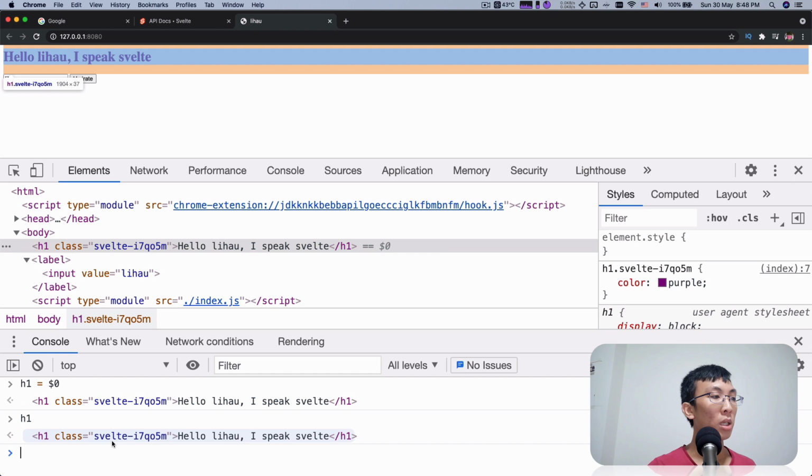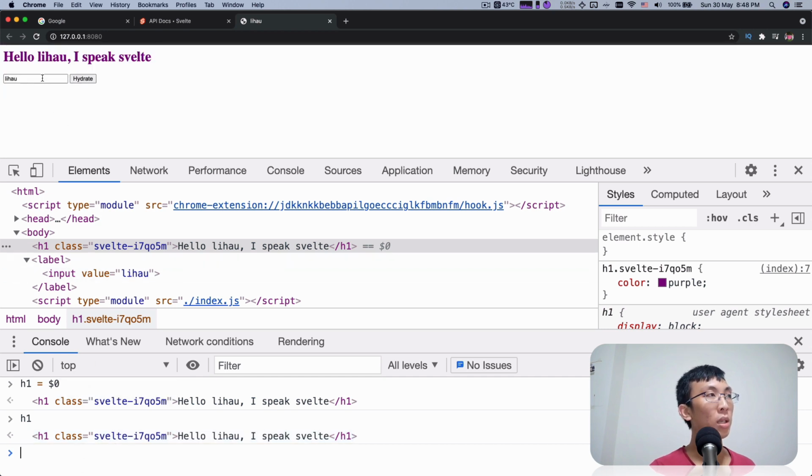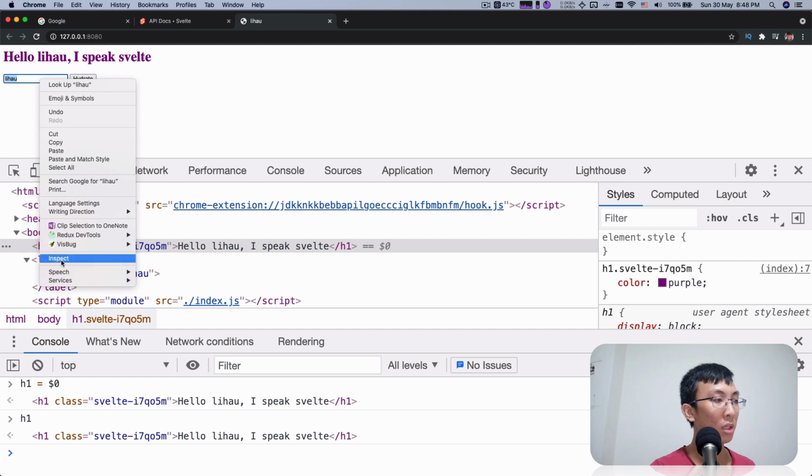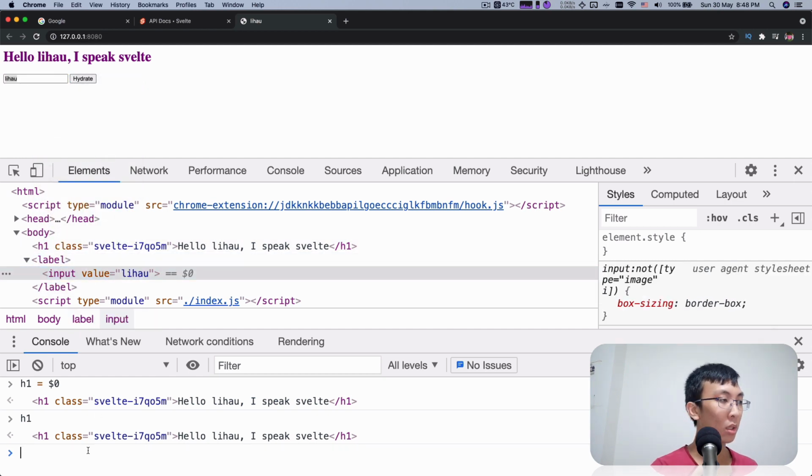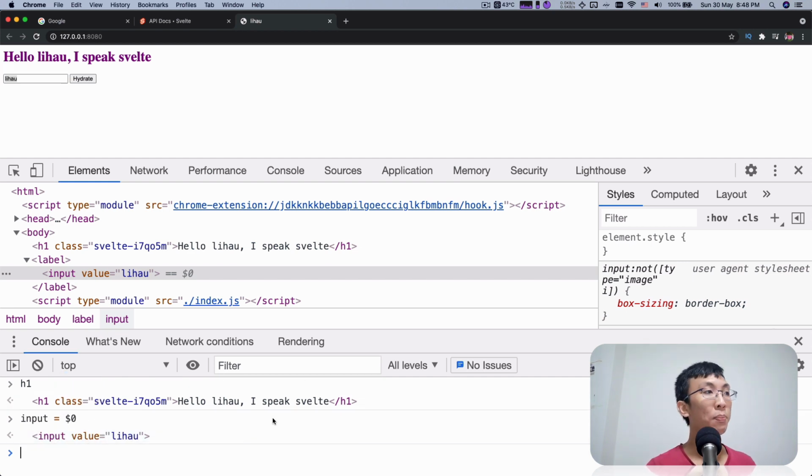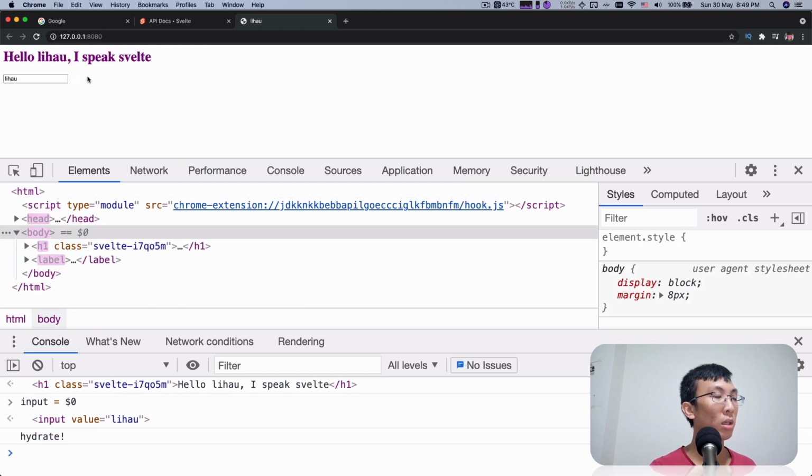And I want to make sure that later on it's still the same element and the input is still the same input. So I'm gonna do this as well. Input equals this. But then the input and the h1 have interactivity, have reactivity, right? That's what we're gonna aim for when we click hydrate. At the same time, you can stare at this screen. Usually whenever something is done to the elements, it flashes, right? So let's click. See, everything is flashing. I'm not sure whether we're hydrating correctly, but let's take a look.